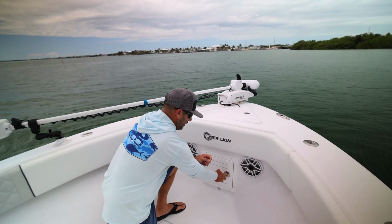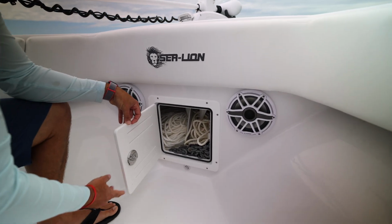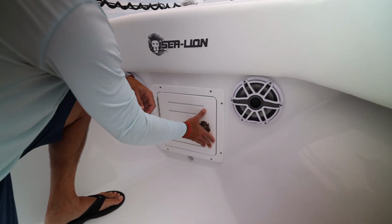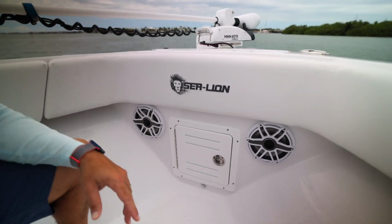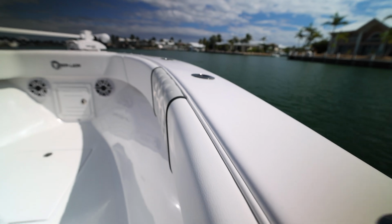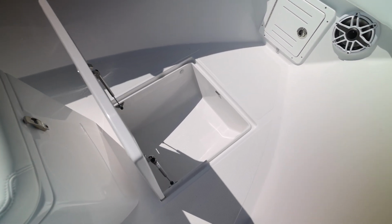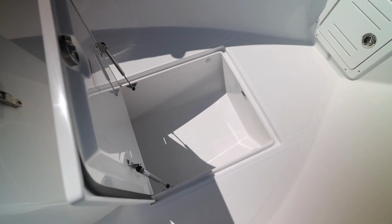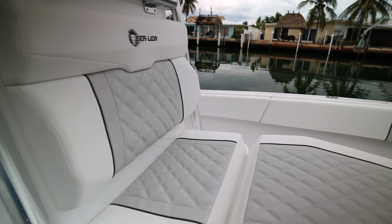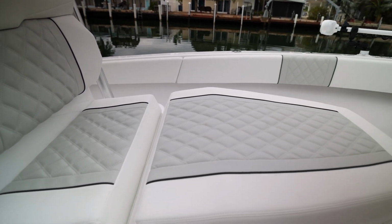So they went with JL Audio speakers on this one. You have an access to your anchor down here as well to get all that anchor line organized if need be. Got cleats, rod holders up in the bow. Nice big fish box right here, but this is a really nice sized box. It actually goes all the way back underneath this lounger, which is an option. You can either go with that lounger or you can go with a forward seating all the way around this